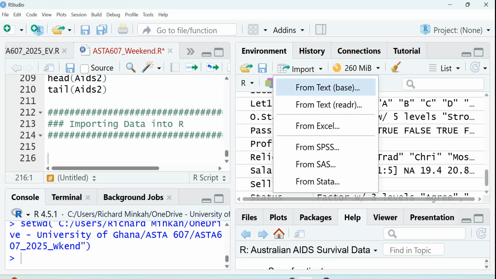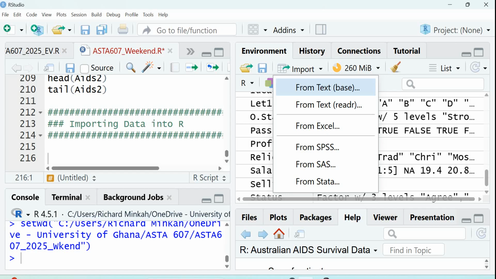So the text is for the notepad one you did now. If you want to read a text file, it can be through the base package or through readr. Usually this one is the system library, so it's okay to use it. But you can also read from Excel. That's the Excel xlsx we did. You can read from SPSS, SAS, and there's the foreign package to help you read from even more other